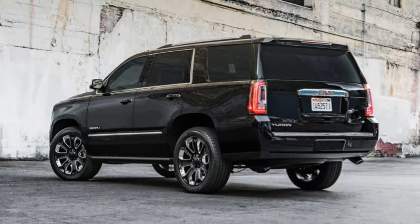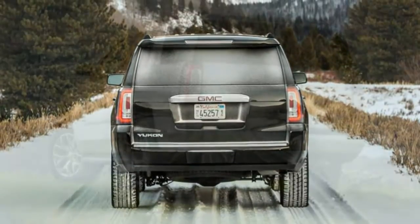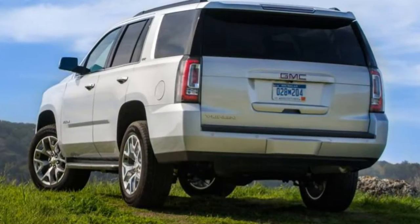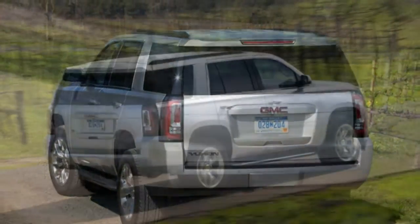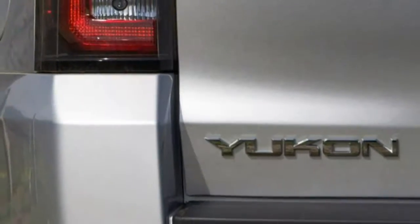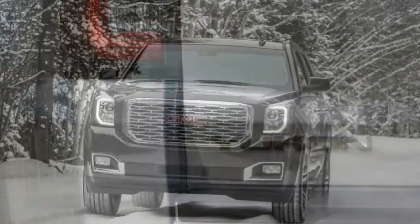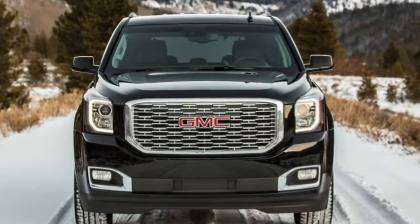2018 GMC Yukon Review. The Yukon can carry 9 people and tow quite a lot, however its shortcomings, as well as price, make it hard to recommend. The 2018 GMC Yukon occupies what little space there is between the related Chevrolet Tahoe and the Cadillac